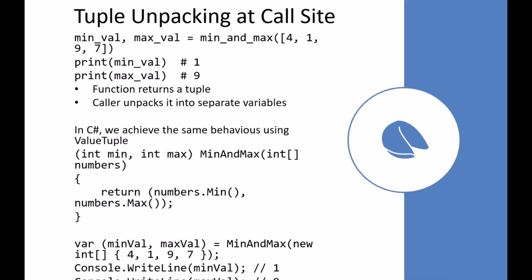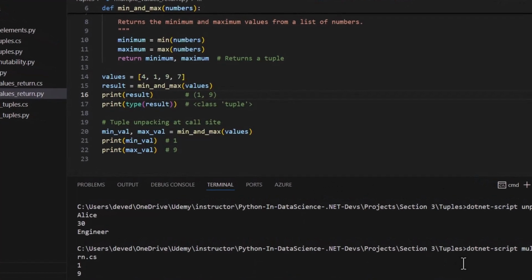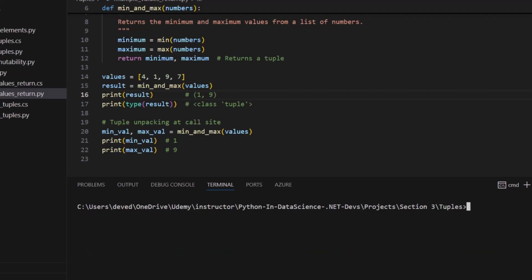We'll also go through this example in a bit. Here I have run this .NET script, multiple values return .cs, and I get the answer 1 and 9. Okay, so if I clear the screen and run it again,